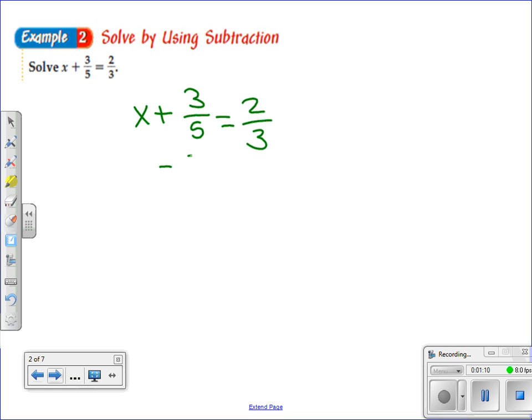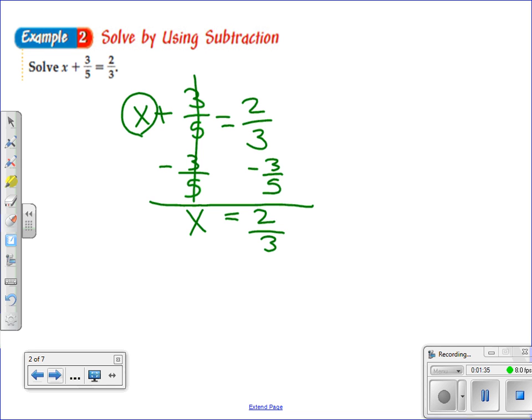Next problem, we have x plus 3/5 equals 2/3. We're going to subtract 3/5 from both sides of this equation, keeping our equal signs lined up. And we find that these two cancel each other out. Plus 3/5 and minus 3/5 is 0. Gives us our x all by itself. That was our goal. Now we have to add 2/3,